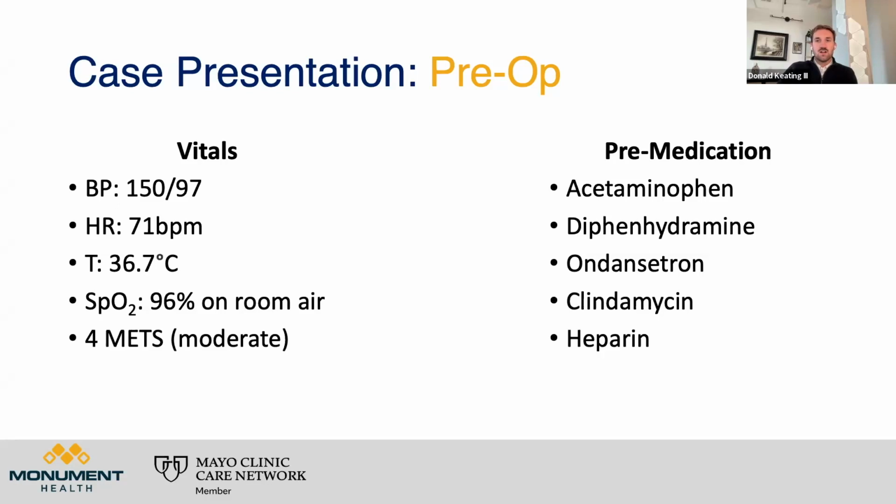So what does that look like? Well, if you are able to perform 10 METs, that puts you at excellent functional capacity. 7 to 10 is good. 4 to 6 METs is moderate, and less than 4 is poor. And so 4 METs is moderate for a patient with her BMI. That's something you're going to have to be okay with and good to go. But METs is just a commonly used metric in pre-op for anesthesiology when they're looking at whether this patient is able